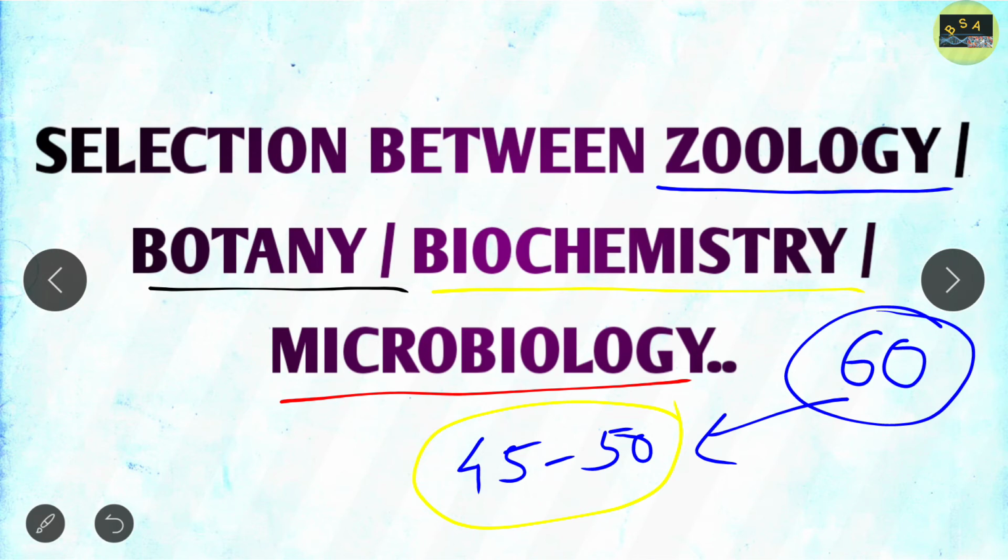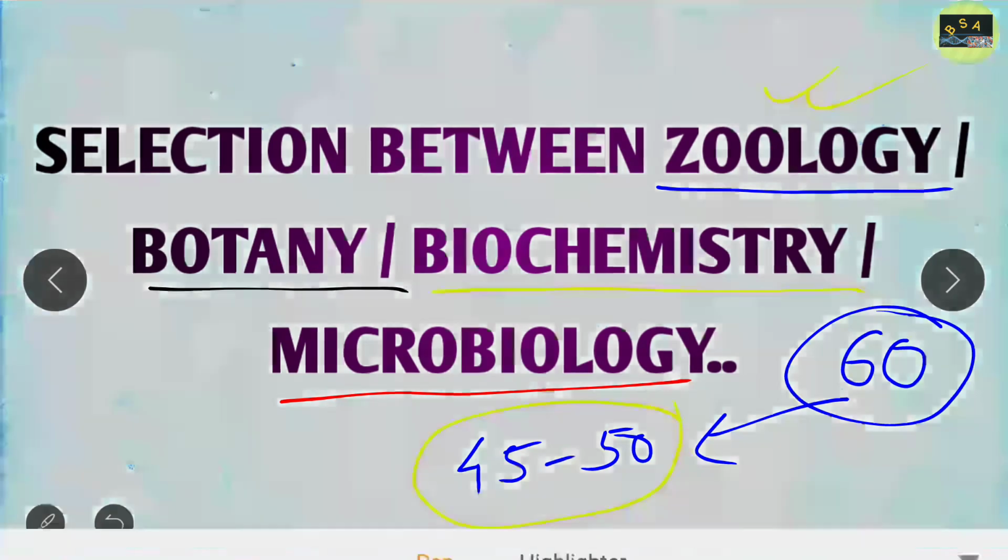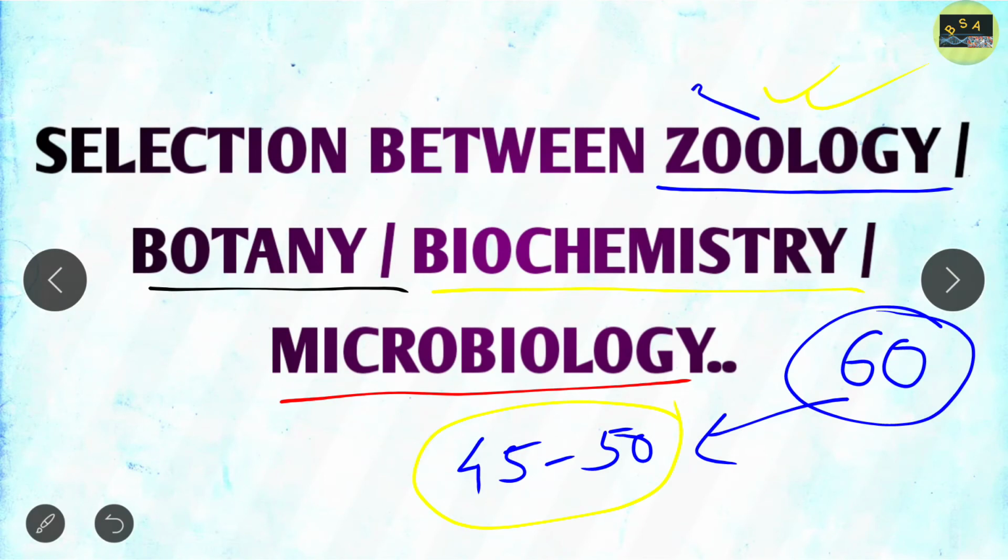See, if you are from a zoology background, then you should go for zoology and biochemistry. You know zoology very well, so I take it that you get 25 marks in zoology, clear. And in biochemistry, there will be 3 to 4 math problems, and the math problems are basically very easy. There are some fixed areas from which they ask the math problems.